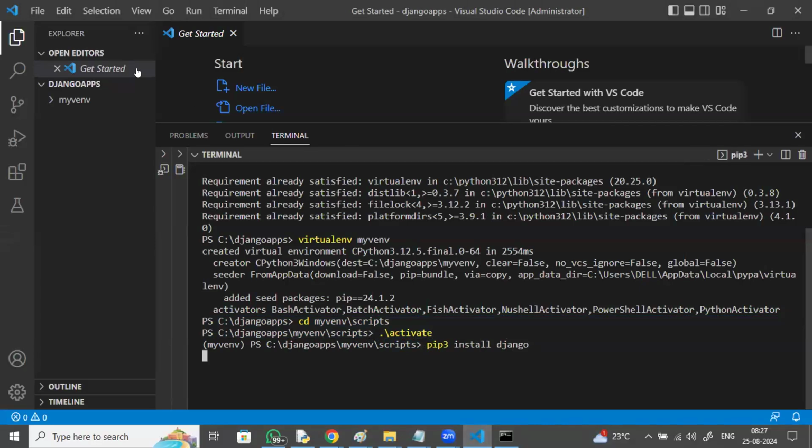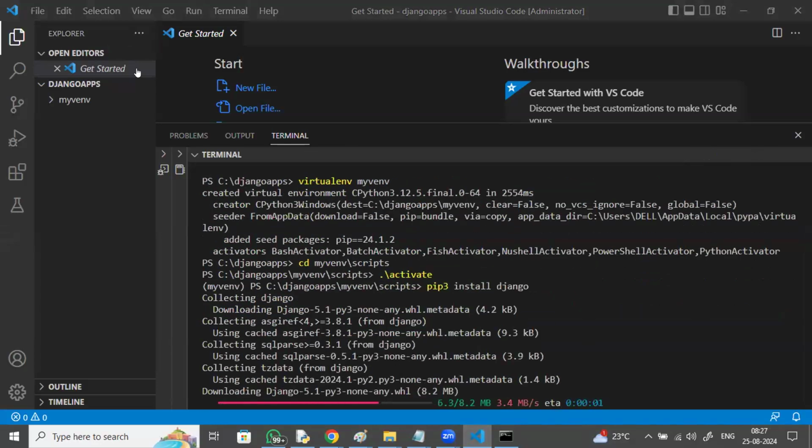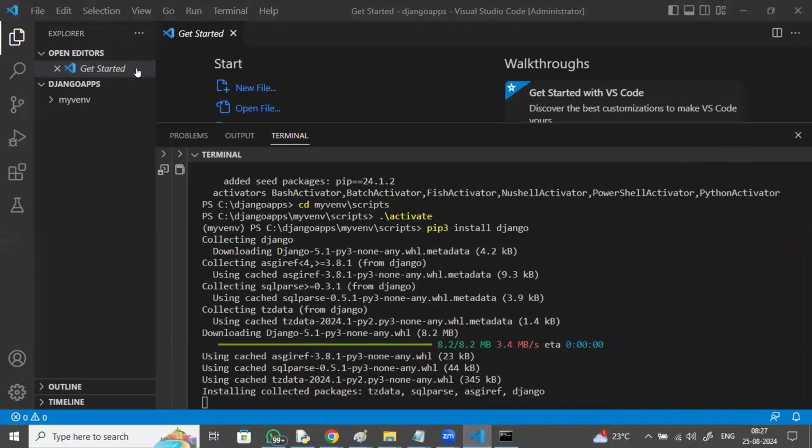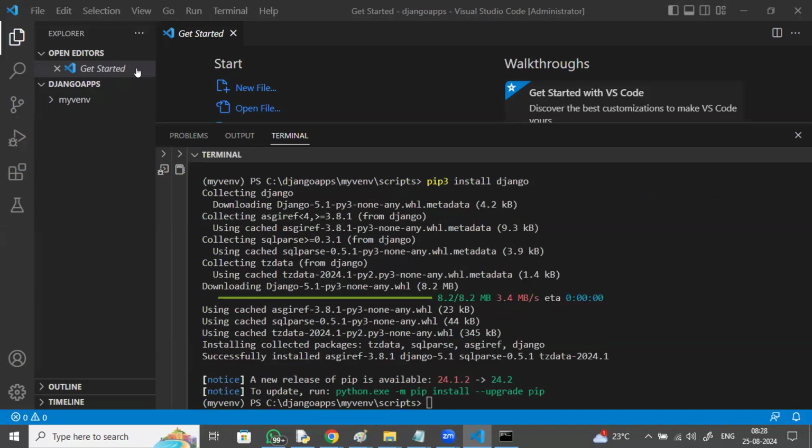Yes, it automatically downloads and installs Django. Successfully installed